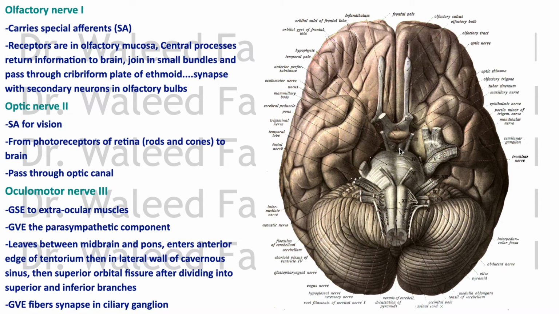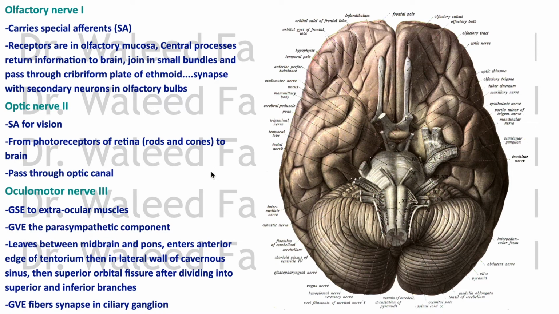The cranial nerves that carry parasympathetic are 3, 7, 9, and 10. Okay, 3, 7, 9, and 10. Oculomotor, facial, glossopharyngeal, and vagus. Remember the oculomotor divided into superior and inferior divisions before entering the superior orbital fissure, right? And the ciliary ganglion is hanging from the nerve to inferior oblique, a branch of the inferior division of the oculomotor